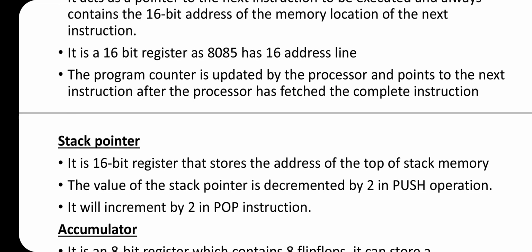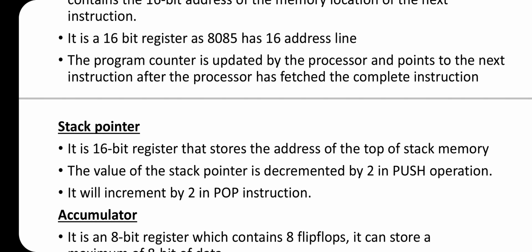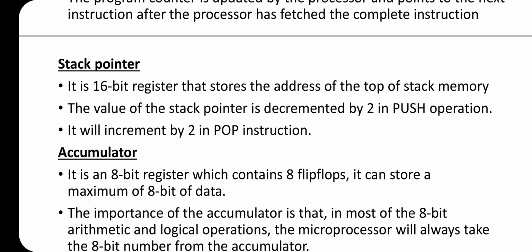The program counter is updated by the processor and points to the next instruction after the processor has fetched the complete instruction. Next one is stack pointer. It is a 16-bit register that stores the address of the top of stack memory. The value of the stack pointer is decremented by 2 in push operation and it will increment by 2 in